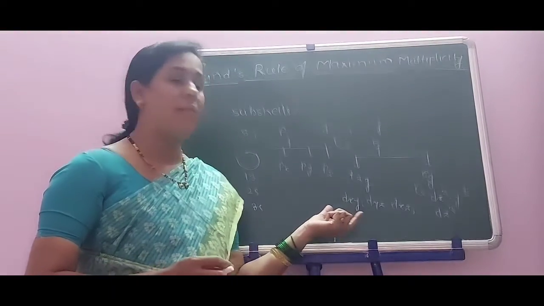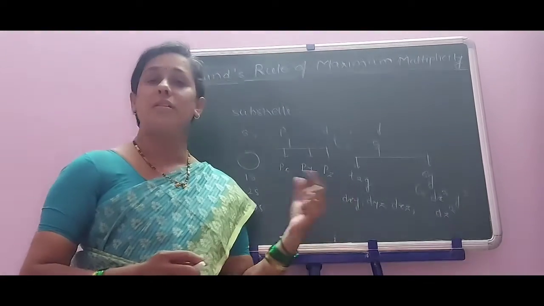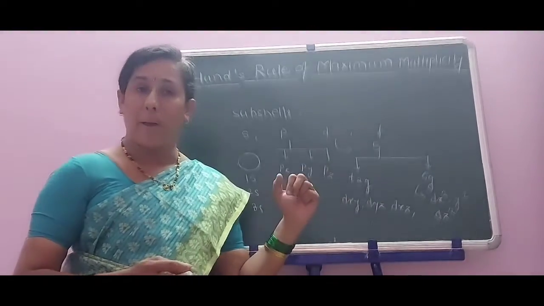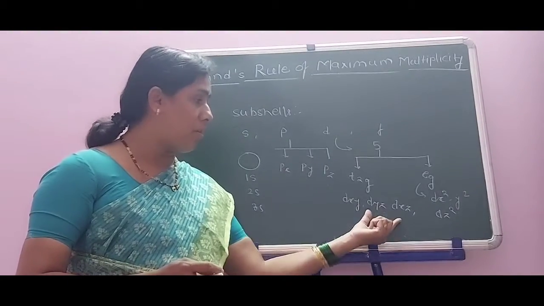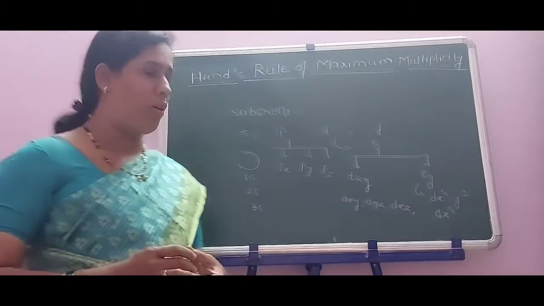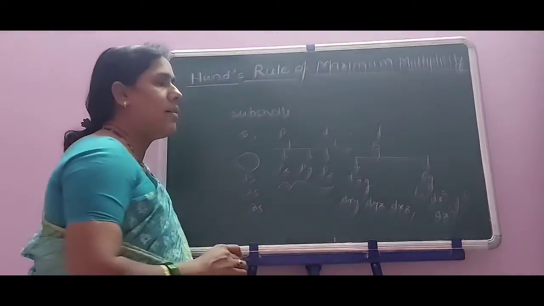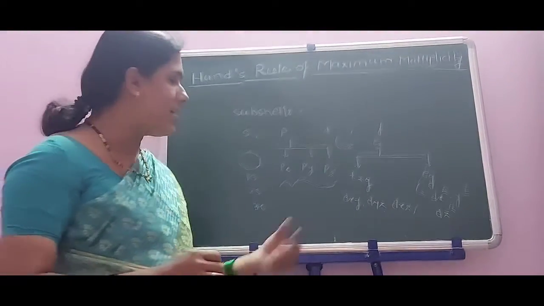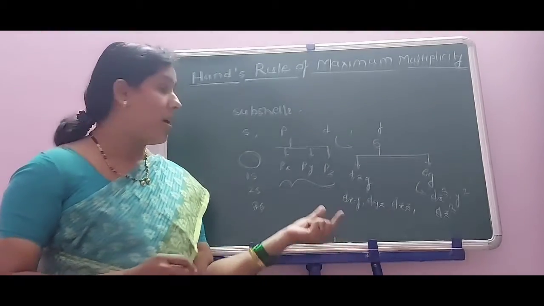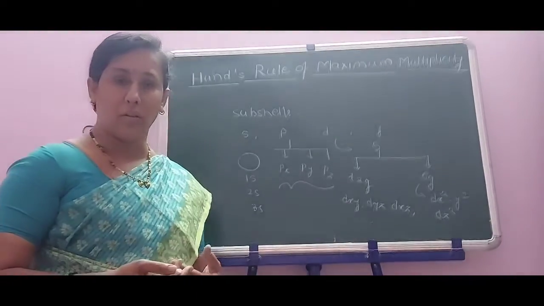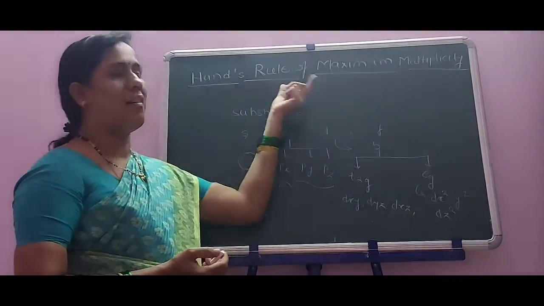As far as these orbitals are considered, the orbitals which possess the same energy and nearly equivalent shape, before they undergo magnetism, are called degenerate orbitals. Now, which are degenerate orbitals? The p orbitals and d orbitals are called degenerate orbitals. Now, in filling of these orbitals with electrons, the rule is Hund's rule.